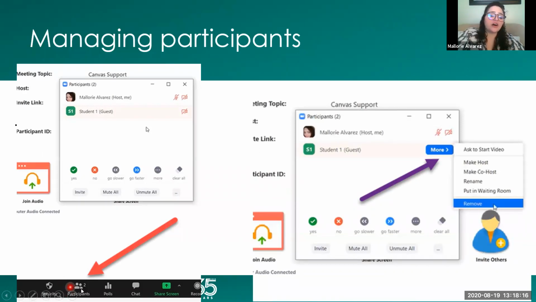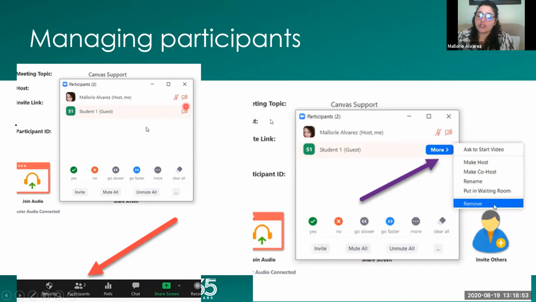If you click on these little icons, it looks like two people standing next to each other. It's going to bring up this image right here that you see, and it's going to bring up a list of people who are participating in your Zoom meeting. Now, when I took the screenshot, I only had one other person participating. But as you can see, as the host, I would see a list of all their names, and it gives me an option to mute all or unmute all of my participants simultaneously.